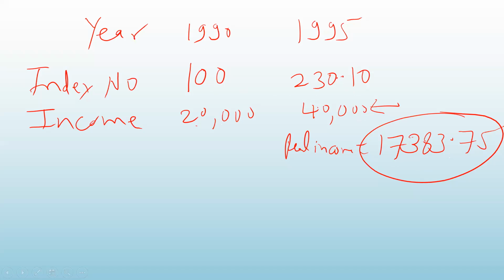So what will be the answer for this question? Mr. Patil's monthly income in the year 1990 was 20,000, and in 1995 income has increased to 40,000. Could he have